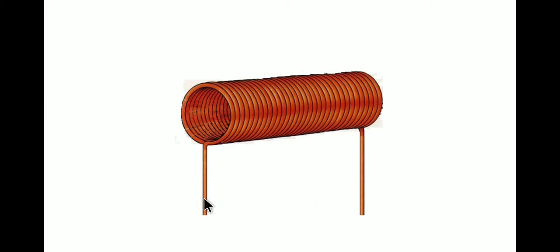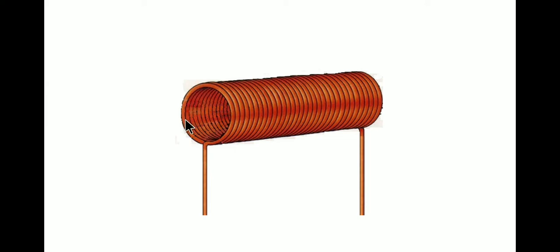So if the current is passed through this conductor, then from this end, if the current goes in, then it comes out the other way from here. When the current passes through this conductor this way, we can see from this side that the current is flowing in an anti-clockwise direction. And when the current flows in the anti-clockwise direction, we have already studied before that the end in which the current flows in the anti-clockwise direction will be the north pole.